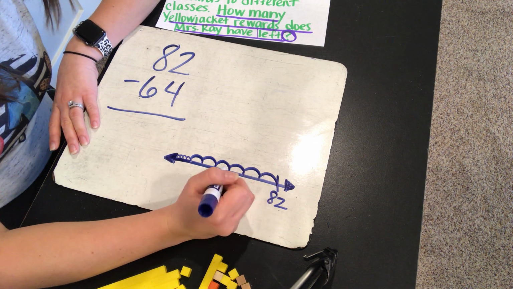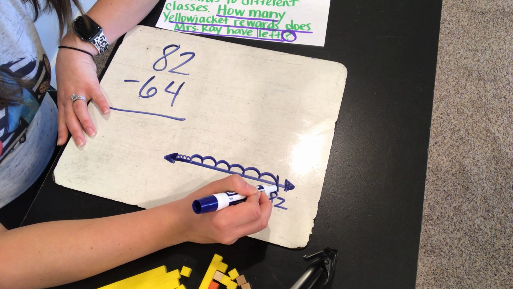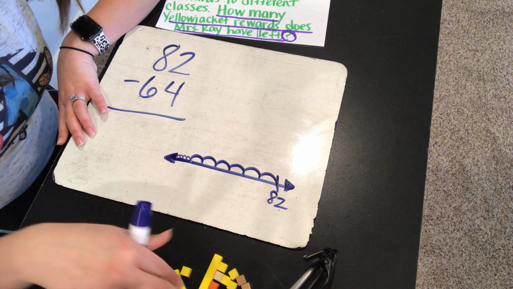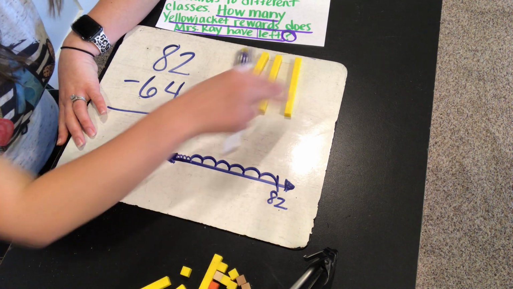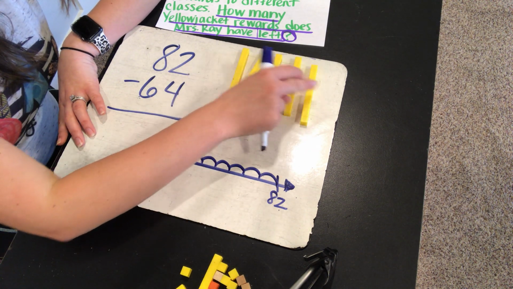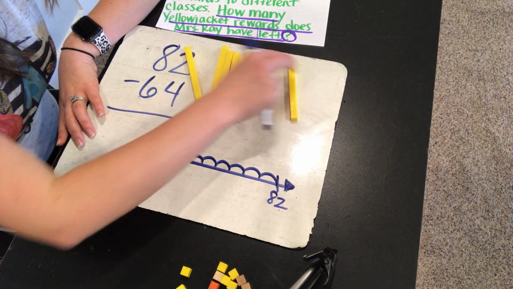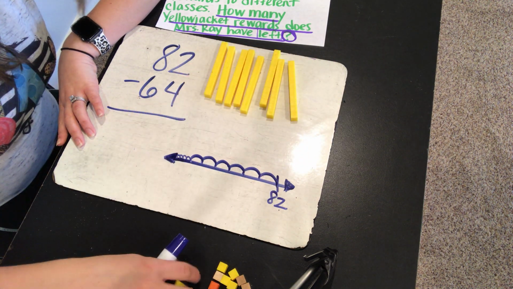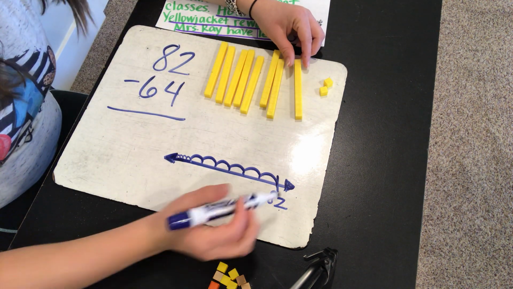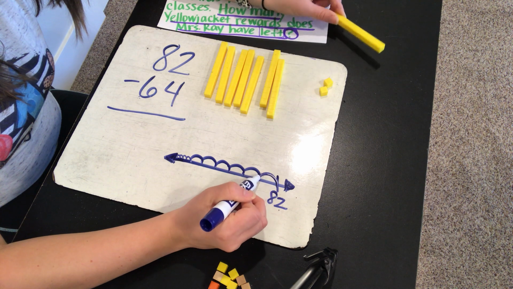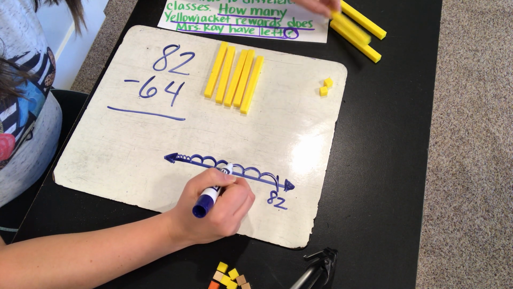Okay, now we're going to count backwards to help us figure out the answer. So if I'm at 82, I need to take away 10. So you know what? We could even build 82 and do this like this if we wanted to. 10, 20, 30, 40, 50, 60, 70, 80. And there's your 2. Okay. Take away 10 is 72. Take away 10 more, 62, 52,